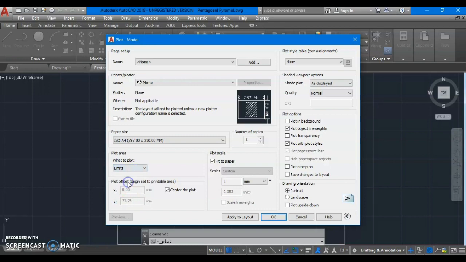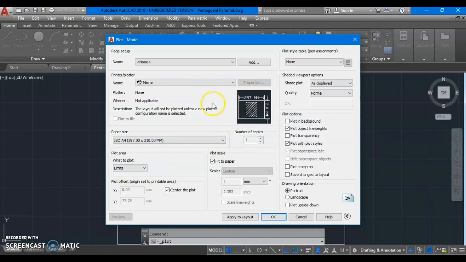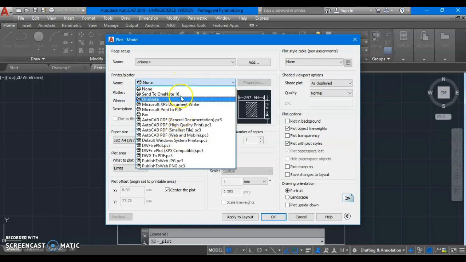When I say limits, by default it selects the area of drawing which was given in the limits. I don't need to set anything in my printing. Fine. So center the plot will keep your object in the center. You can give the printer from this drop down menu.